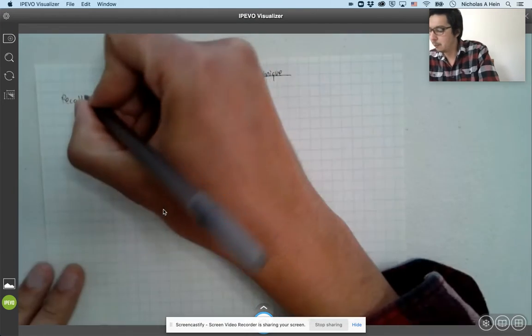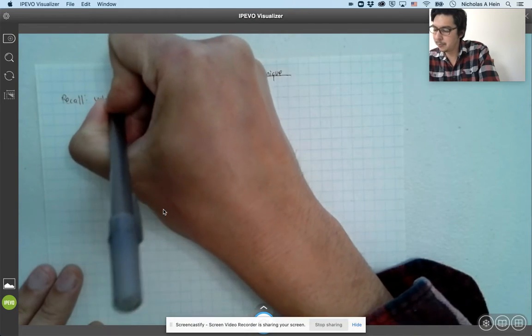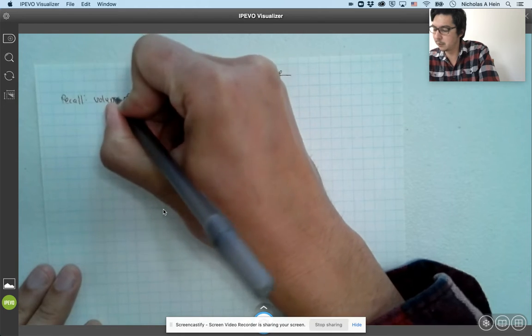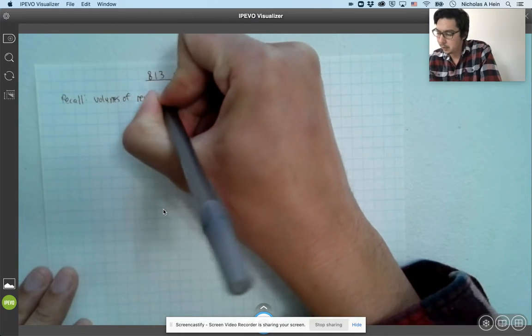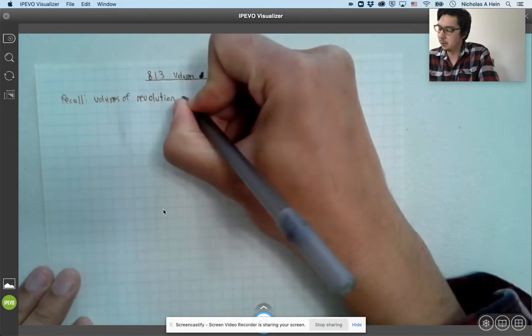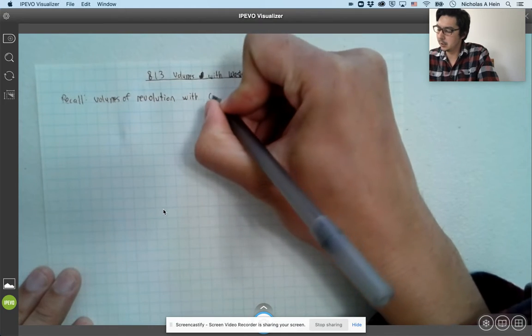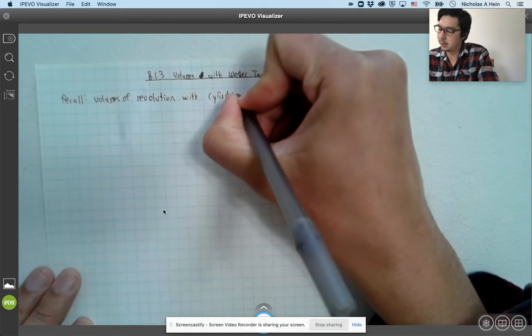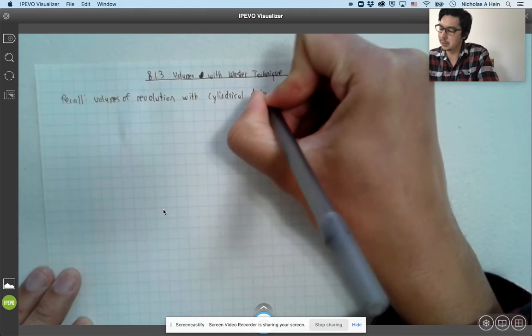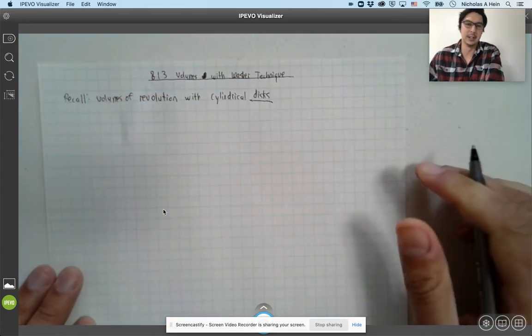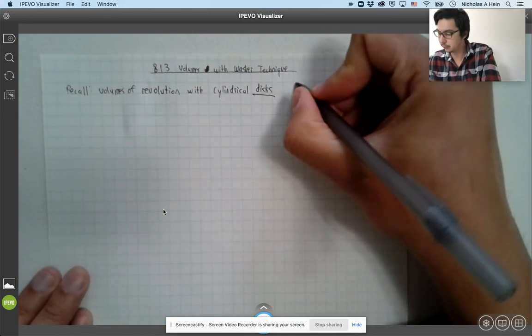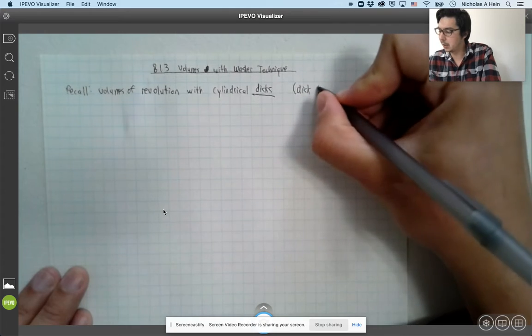What you learned is volumes, and all of this is called volumes of revolution, with cylindrical discs, with emphasis on the word disc. So you've actually learned the disc technique. And what that is